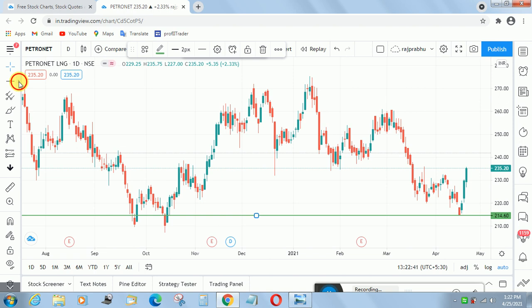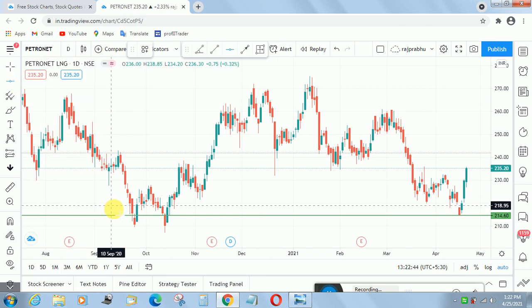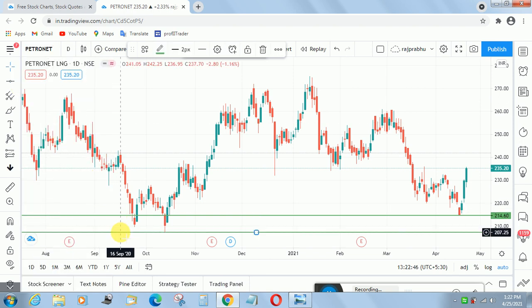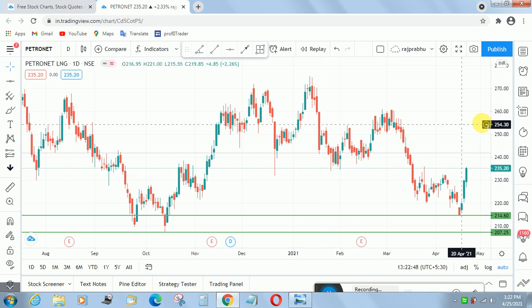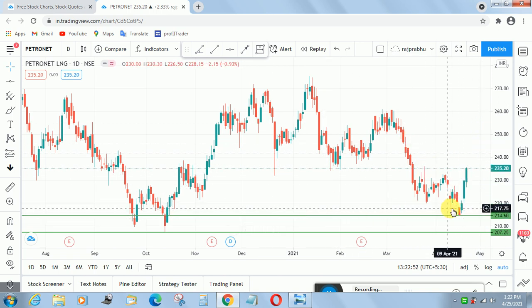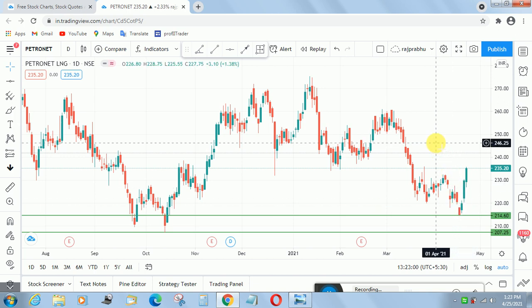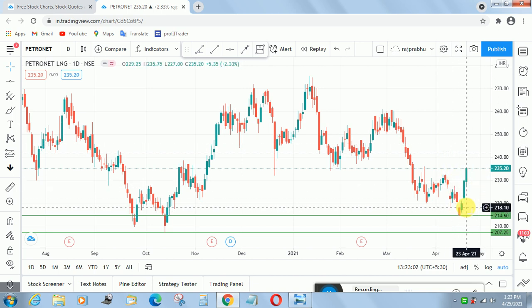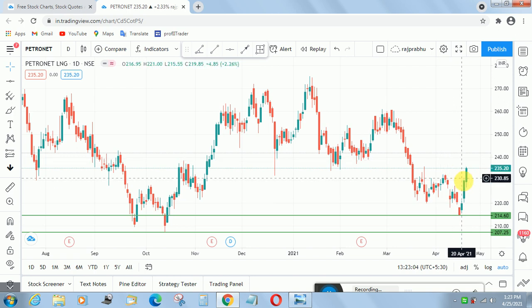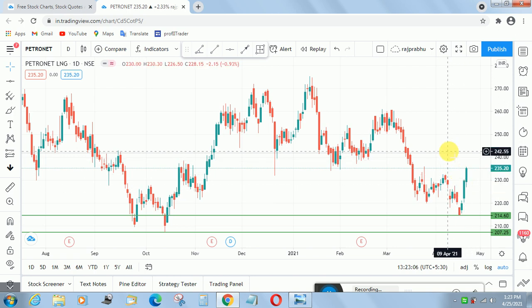At this level the price will reverse, so many people are going to buy here. They are thinking this is a buy entry, but you can go for a longer time frame